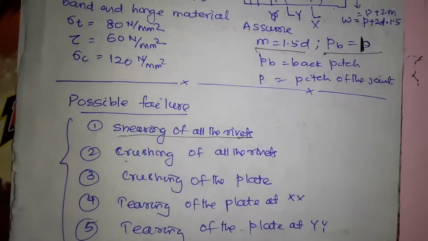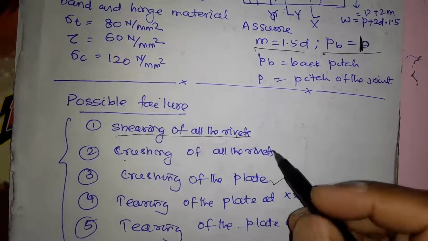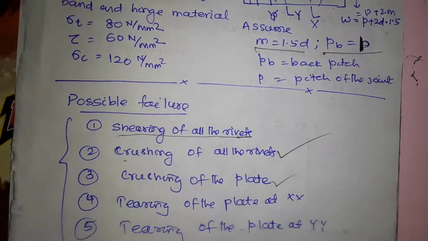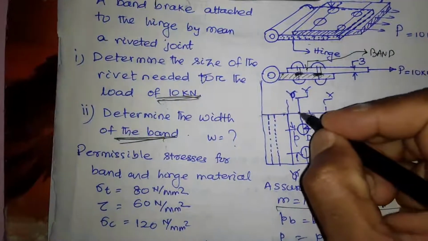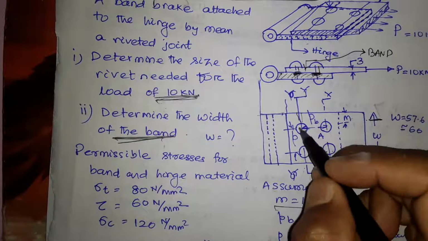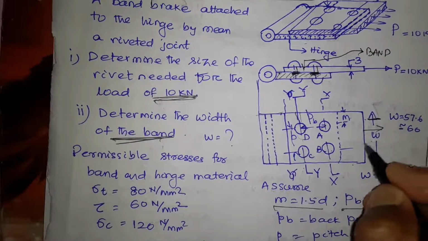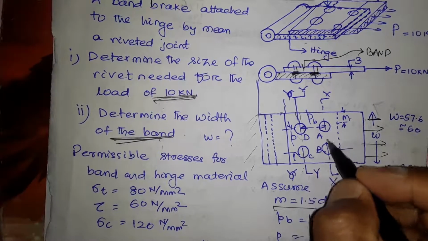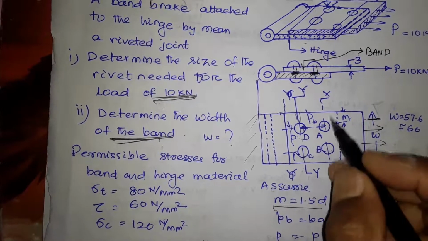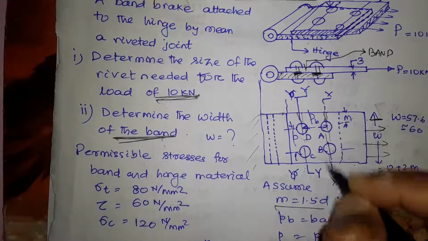Second is the crushing of rivet. I have already talked about the crushing of rivets or crushing of the plate. So we will talk of the crushing of the rivet and plate together, and crushing of the rivet we will consider. Then tearing, which means it will be tearing into pieces. So this will be the weakest section, because there are holes here, and this section there are holes, so it may tear. So if this is fixed and this is pulled, it may tear from this location or from this location. So when it is tearing, this is the weakest section, because there are holes at this section.